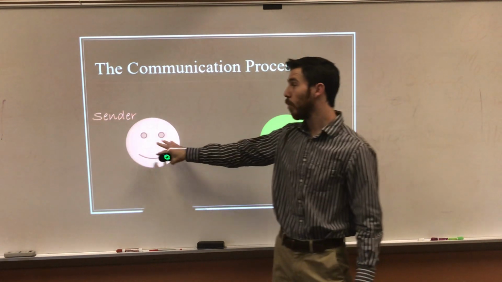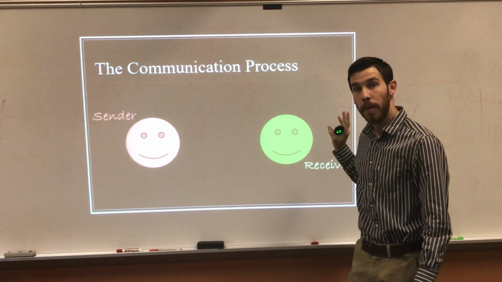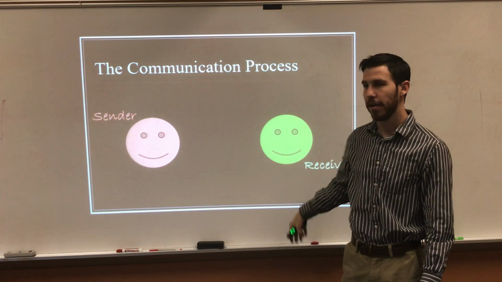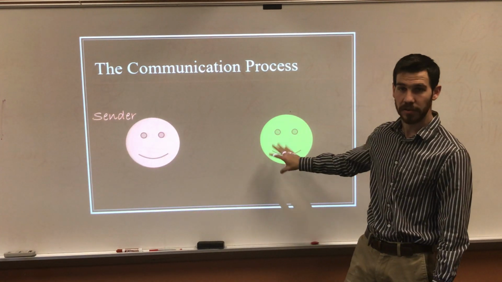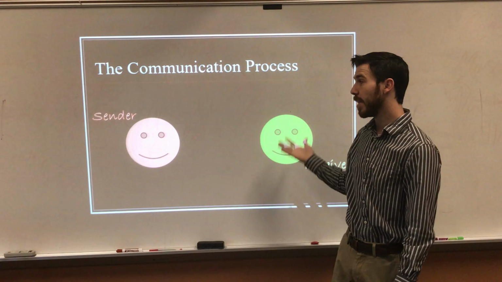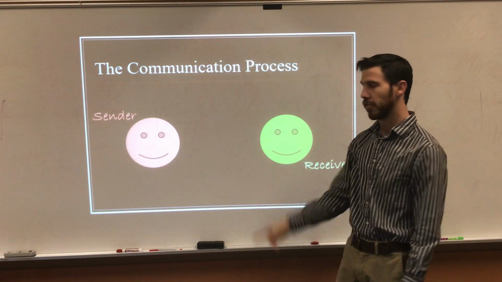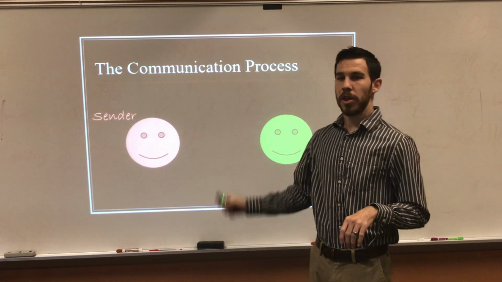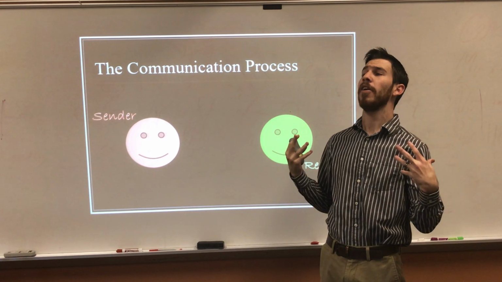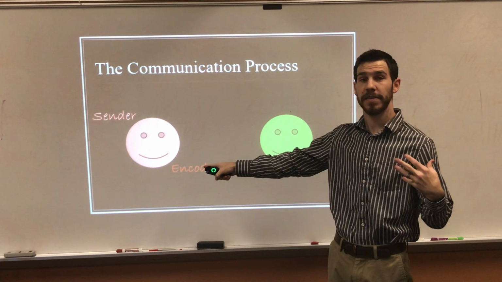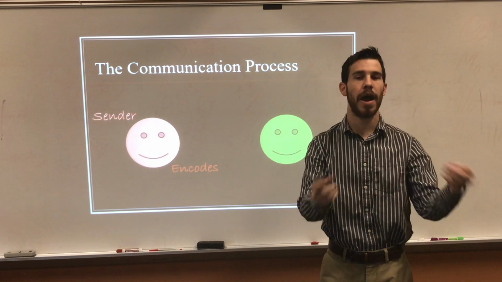Now realize, you might have one sender and multiple receivers. Currently, I'm sending to multiple receivers right here. When the president does his address, he's one sender sending out to different receivers. So it does not always involve two people, but it can. You also can be both the sender and the receiver. You can be sending messages to yourself. So let's start this out. You have one person right here. This one person then decides, I have a thought. They then need to encode the message into words. So they encode this message into words, to text, or however they're going.